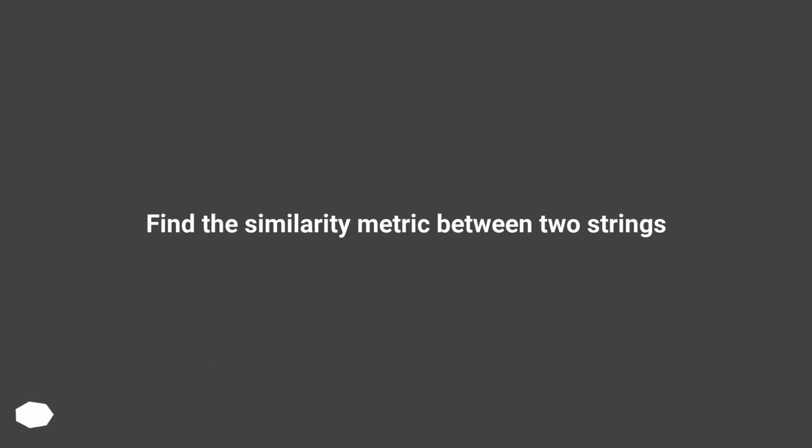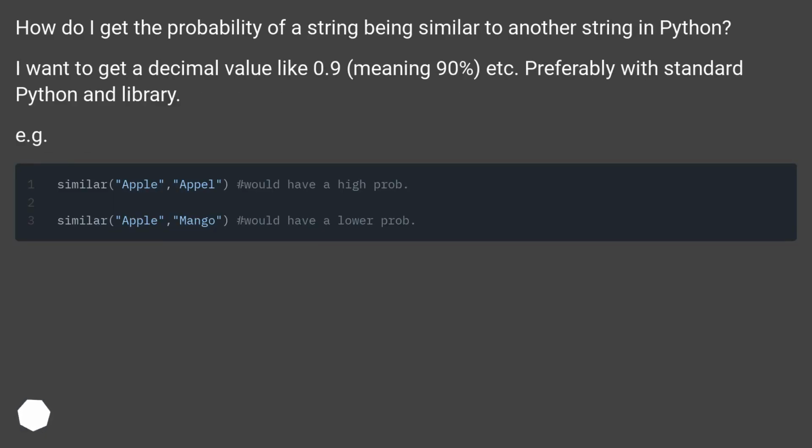Find the similarity metric between two strings. How do I get the probability of a string being similar to another string in Python? I want to get a decimal value like 0.9, meaning 90%, etc., preferably with standard Python and library. For example,